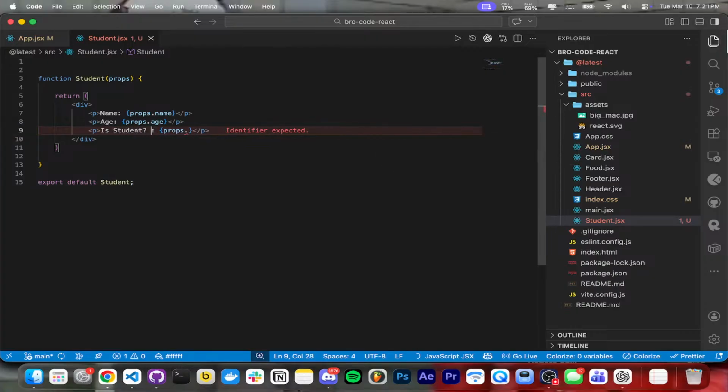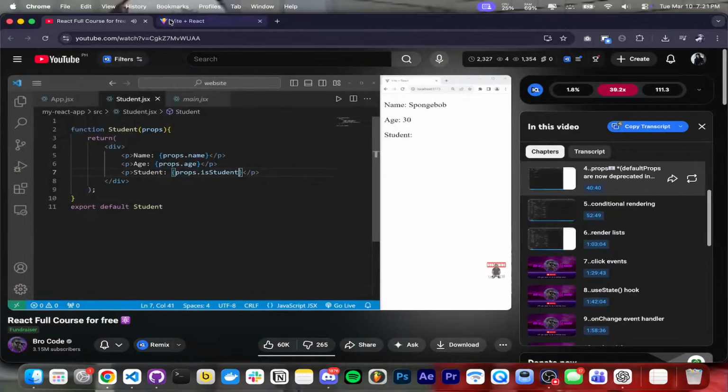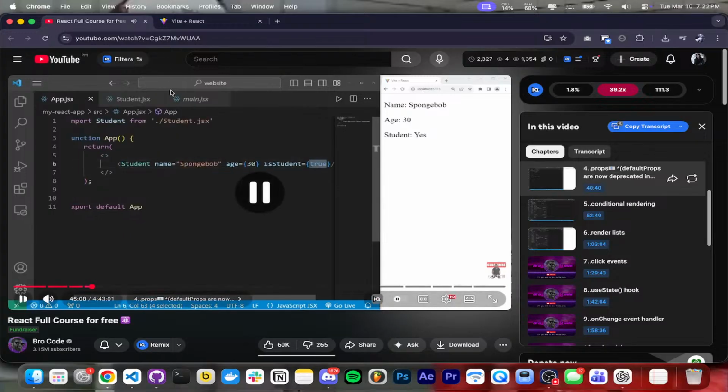However, our Boolean is not displaying. So with a Boolean, I recommend using the ternary operator. If isStudent within props is true, then we'll return a string literal of yes. Otherwise, we'll return a string literal of no. Let's update everything. Yes, SpongeBob is a student. You can place complex JavaScript code within your HTML code. Booleans don't display